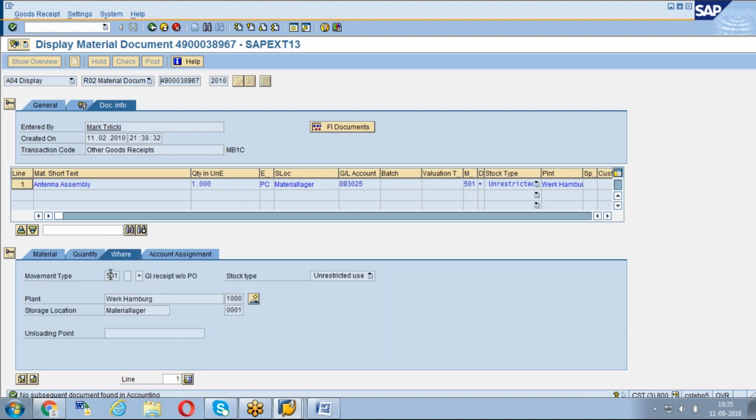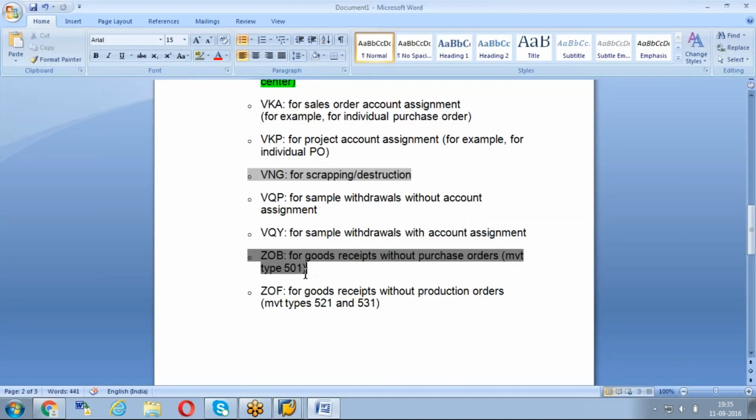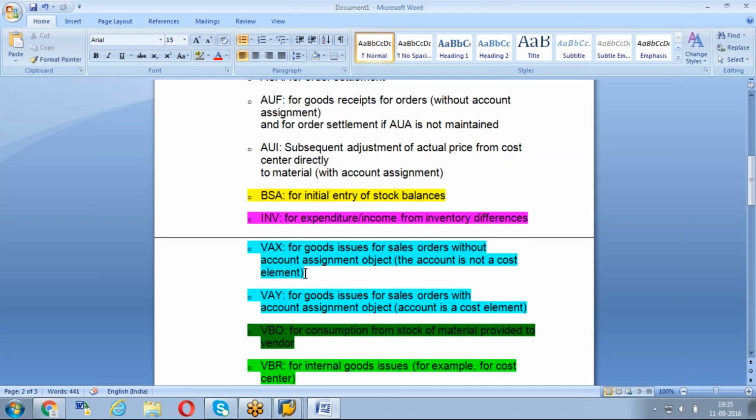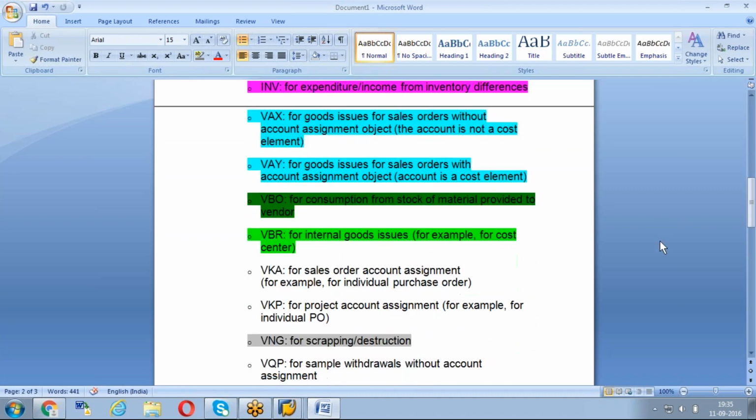Okay. When you see this 501 related, the system will take the GL account from the GBB. These are the different purposes of why GBB has different kinds of keys, and how we are getting them. We can show these things actually.